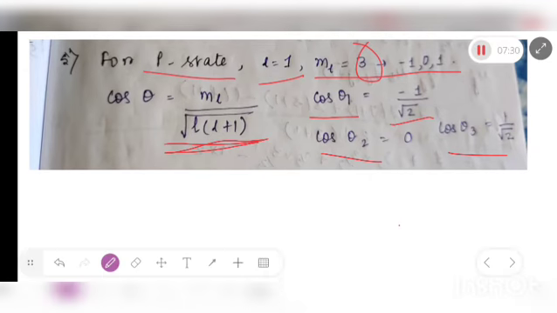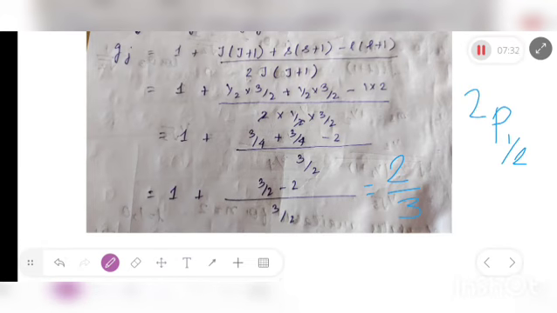Next question is about the Landé factor. How to calculate the value of the Landé factor? In the question it is given 2P 1/2. So this is the way to write any spectral term. Okay, here P is given.